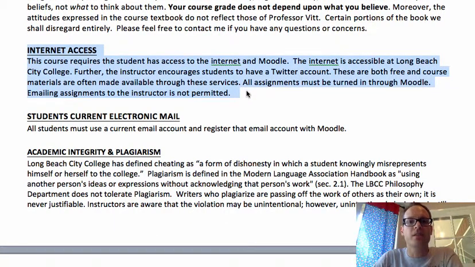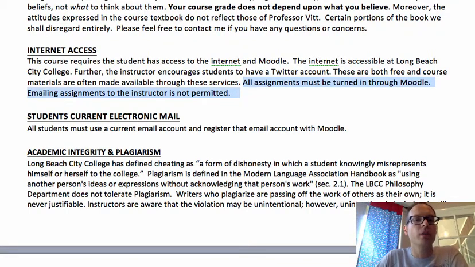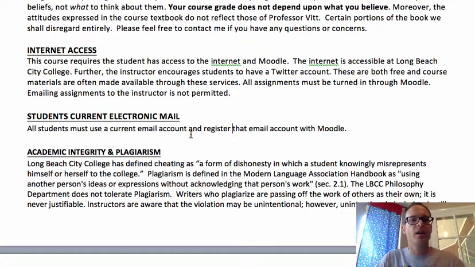Furthermore, assignments that we have will be turned in through Moodle. You're not able to just email them to me and say, oh gosh, here you go, I emailed you my paper. You'll need to turn it in through Moodle. That's just a requirement. If everyone emailed me stuff, it would just be chaos. So I understand it might be frustrating, but everything is turned in through Moodle. That's really for your benefit so that I can be sure to log that.